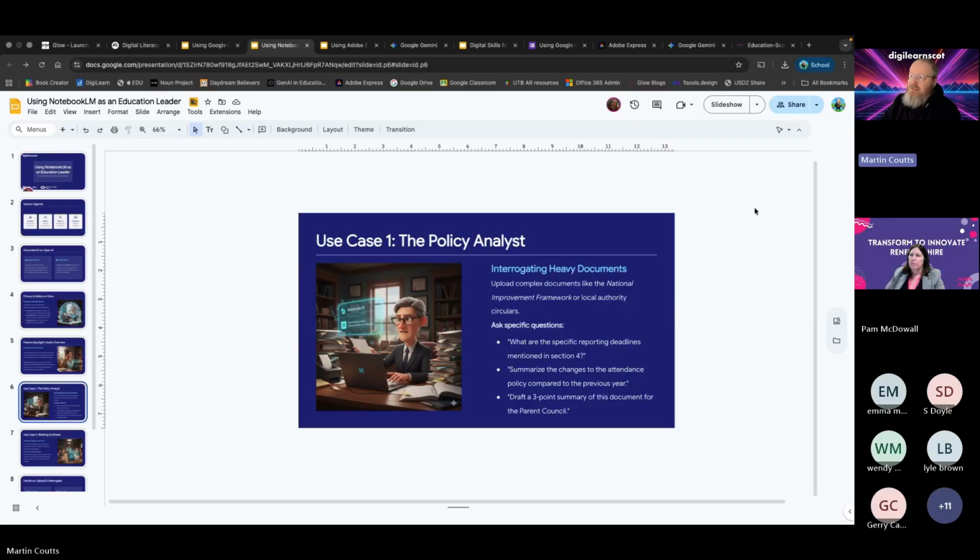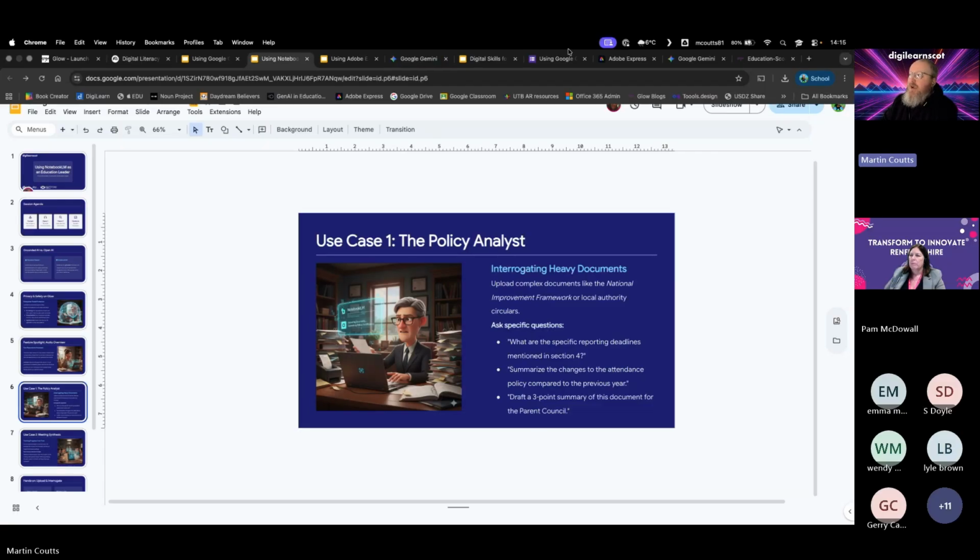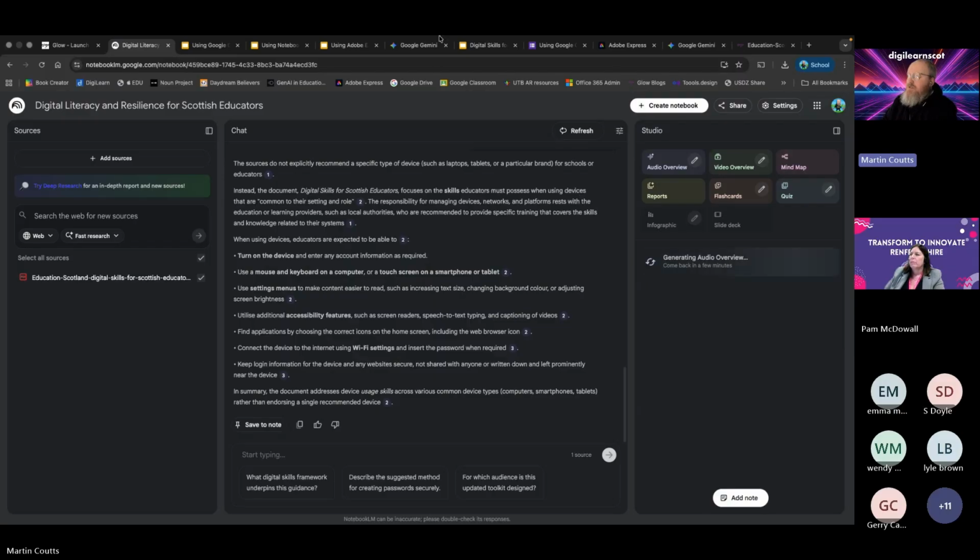So I could look at this, I can go through it, I could say, right, what are the key things that I need to know, respond to a couple of emails, go back to Notebook LM, right, that's still processing, I'll maybe go and do what I need to. So you can get on with the other things that you need to do while this is doing it, instead of spending the amount of time that we would have scrolling through,